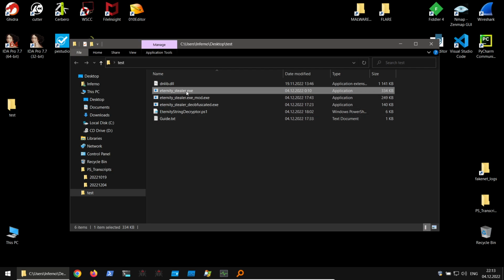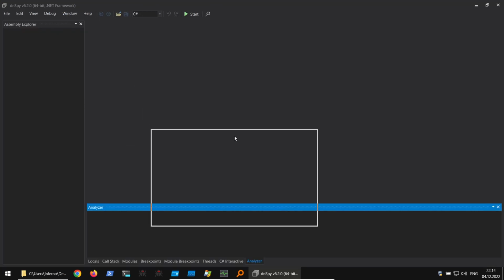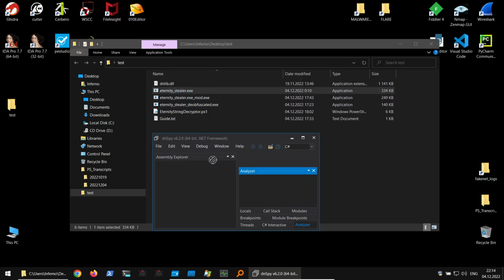So this is the original sample, and there are some already deobfuscated things. I would like to start with showing the sample in dnSpy. So once you check the sample,